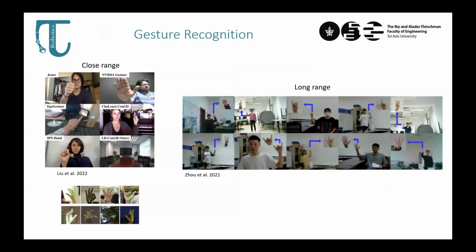You're sitting in front of the computer, doing some gestures. This is nice and cool, but it's not very practical for human-robot interaction. Long range, what is called long range, is about 5, 6, 7 meters, not that much work. It's called long range, and usually indoors. We haven't seen work that does this outdoors.